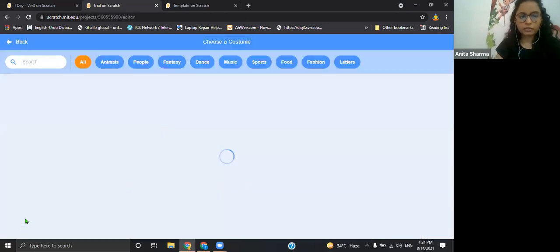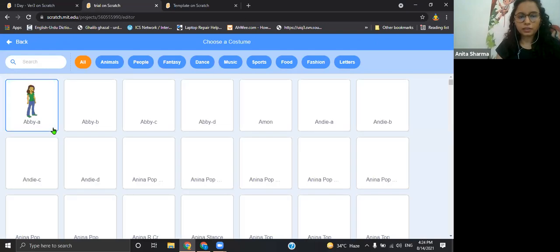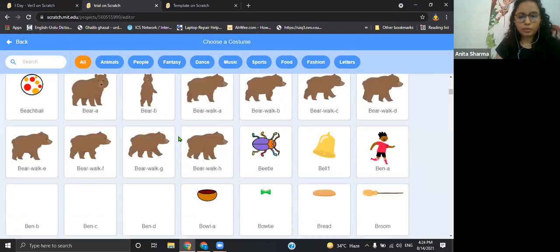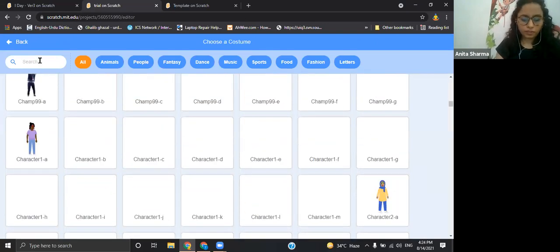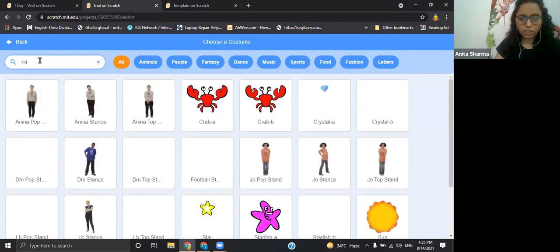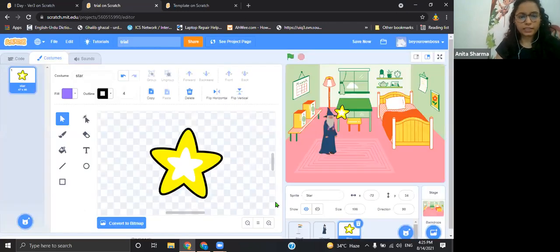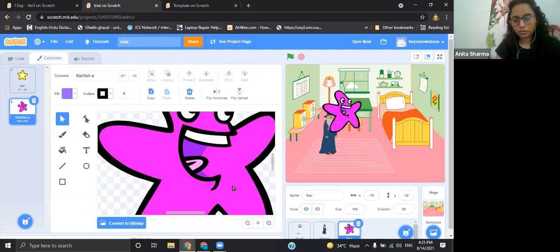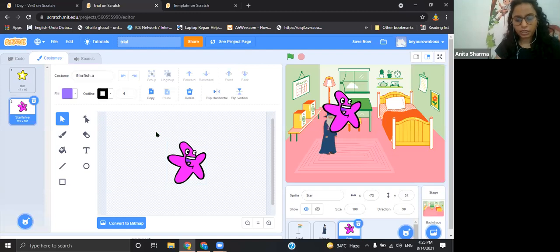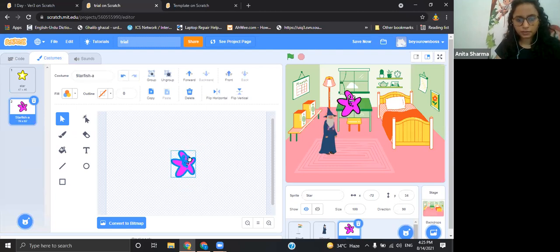So I'll be going with starfish. I like starfish a lot. There is a starfish, quite huge. So I'll just adjust the size and make it smaller. Okay, my starfish is here.